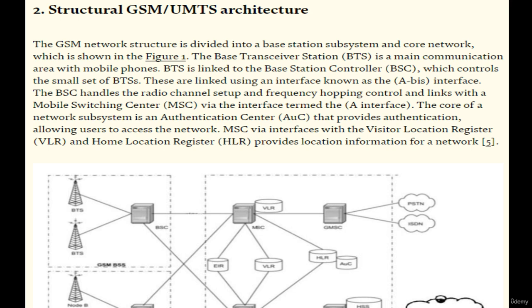A BTS covers a set of cells, and this is the structural GSM/UMTS architecture. The GSM network structure is divided into a base station subsystem and a core network, which is shown in the figure. And the base transceiver station (BTS) is a main communication